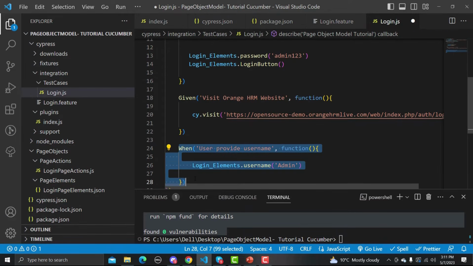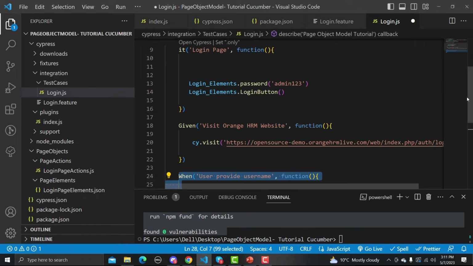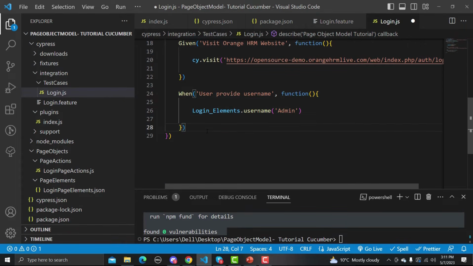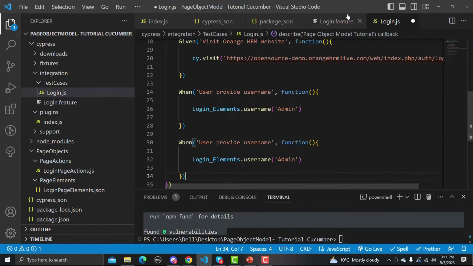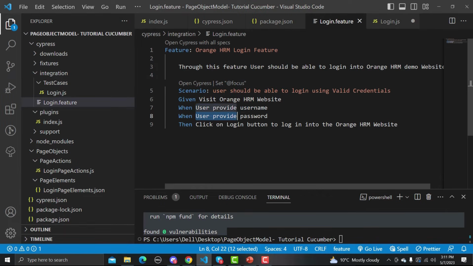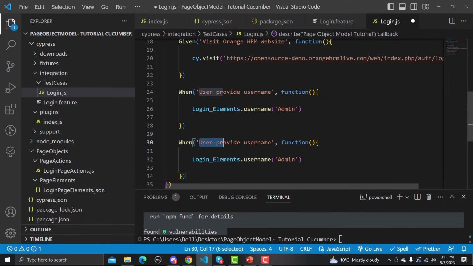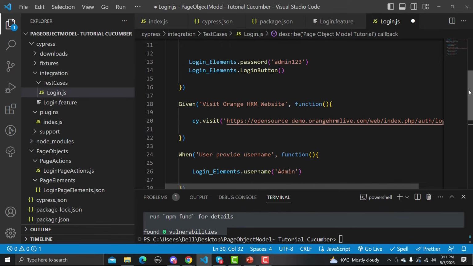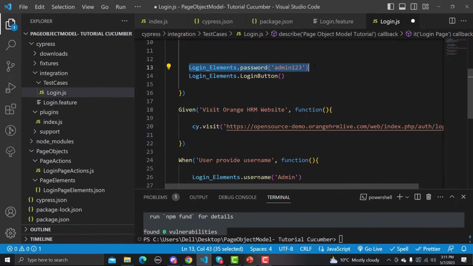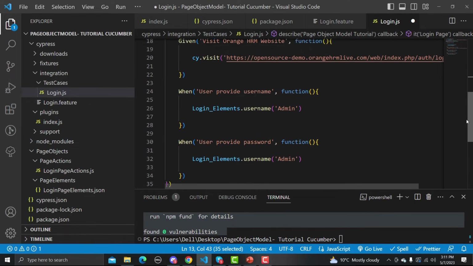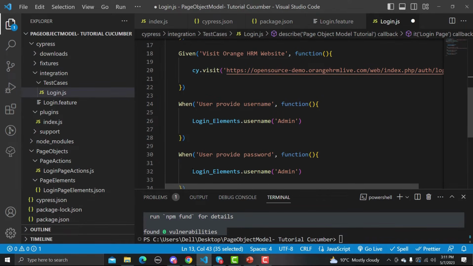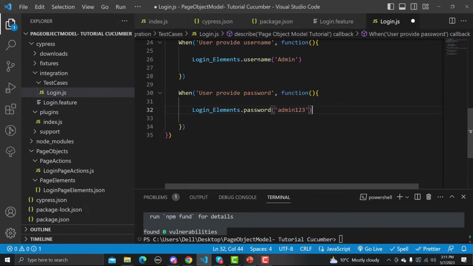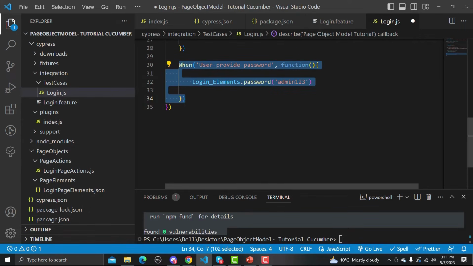And similarly, let me copy this one from here, paste it here. Now change it for the second one here, copy this one, go back here, paste it here, and let's go a bit above here. So I'm just copying the steps which we wrote in our previous tutorial. So let's paste it here, and then finally we have a then implementation here.